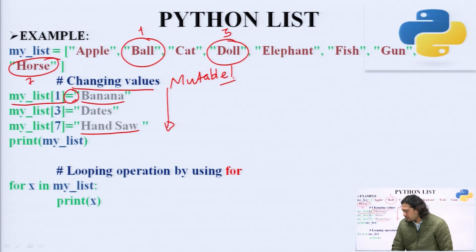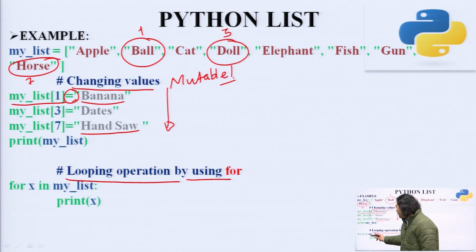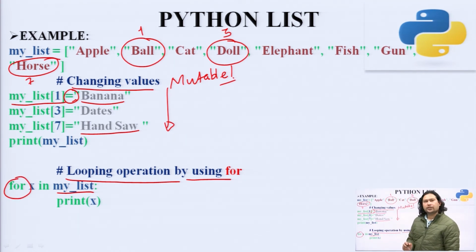One more thing is there, this is the looping operation. Right now we haven't covered this thing. So, we just need to look at it, that we can access the elements of the list one by one with the help of a for loop. We will go for the looping operation in detail in upcoming PPTs, but right now we just need to focus